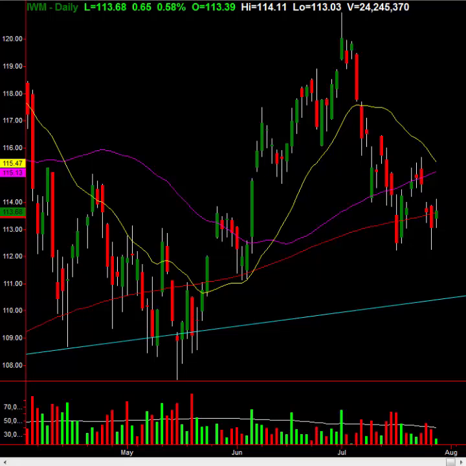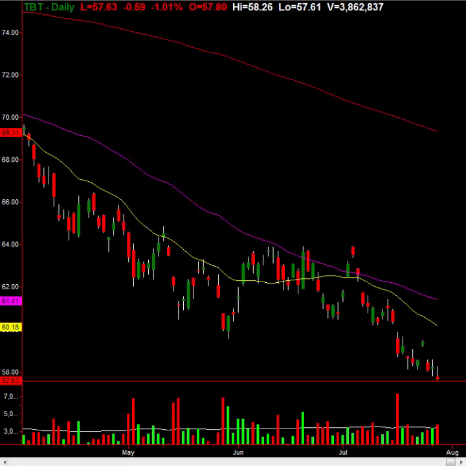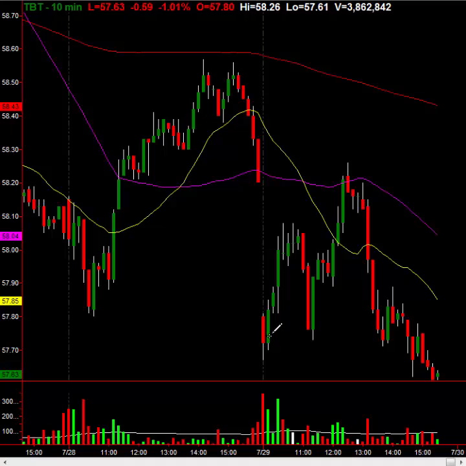Just again, a note here, we have the S&P down about 3.5, Dow down 20. NASDAQ is up 9.5 right now. Take a look at the TBT today, which tells us what rates are doing, and this tells us that rates are falling. Decent fall, too, on the rates here. We're at the lows of the day on the TBT, as you can see down here. If we flip to the intraday, you can see it a little bit clearer. Right there, so you were down, you rallied, and then fell back down here. I'm actually getting semi-interested in some calls on the TBT, but I'm not ready to enter them just yet. I want to see it go a little bit lower.